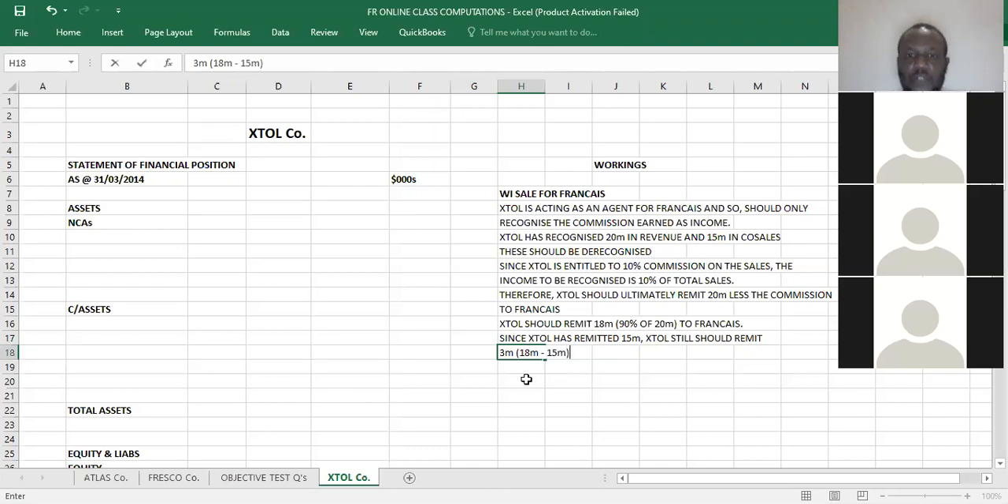Okay, so now the correction of the entries for the transaction. So we can come down and do basically our accounting entries. So first of all, debit,